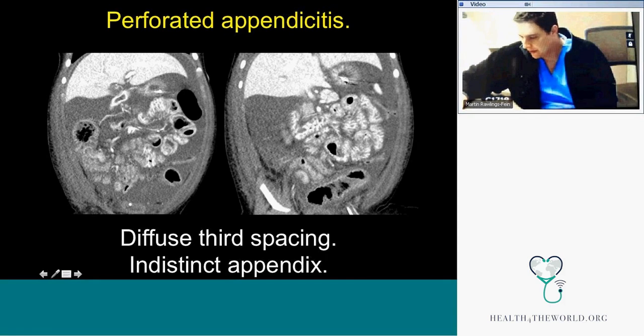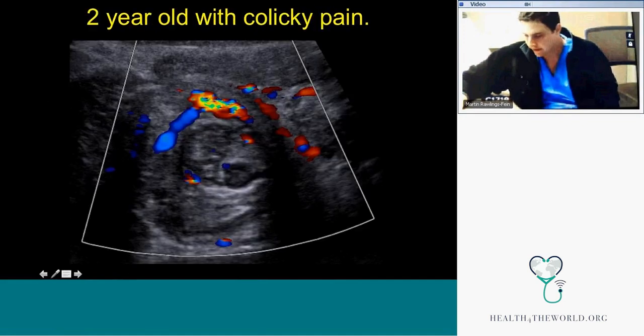Tricky is the third spacing all over the place: the anasarca, the mesenteric edema, ascites, the pleural effusions. They can hide the problem when the whole body is in shock. Appendicitis, always think about that. New pain, colicky pain: this diagnosis,